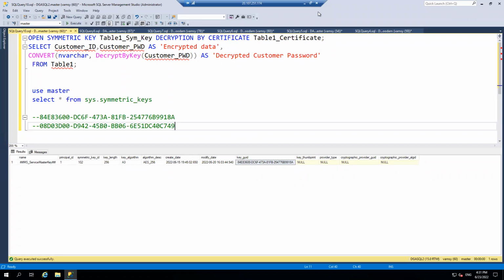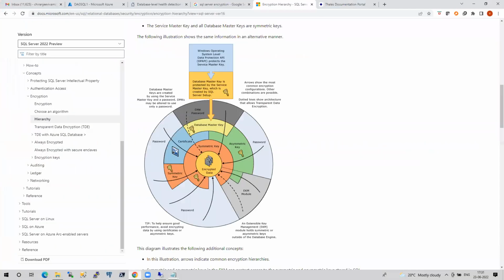So as I said, this is the hierarchy Microsoft is following: your encrypted data, then your symmetric key, followed by certificate, certificate followed by DMK, DMK followed by SMK. When I fail over the database, everything is the same. The database master key will get failed over, the certificate would get failed over, the symmetric key automatically, and of course the data, obviously, will come. The only thing that is differing here is the SMK, because SMK is at instance level, meaning another instance